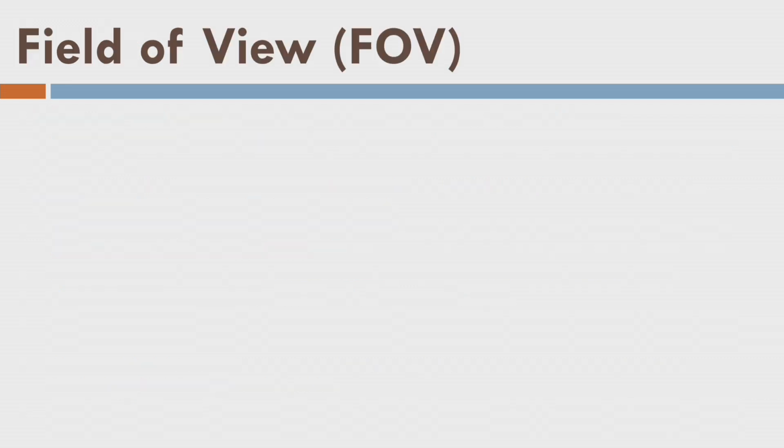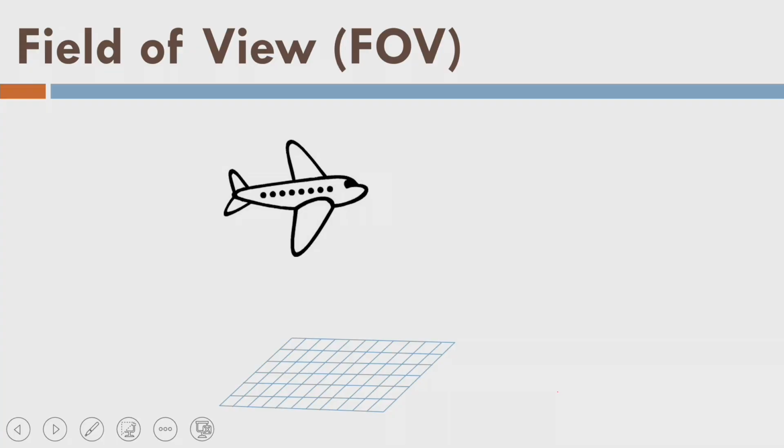So what is the field of view? If you look carefully, in the case of vertical photogrammetry, we say that a camera is mounted in an aircraft, not on the other platforms. For example, we have the terrestrial platform, then the low altitude platform, the aerial platform, and the satellite platform. So in the case of vertical photogrammetry, we are saying that the camera is mounted in an aircraft or helicopter. That means we are doing aerial photogrammetry.